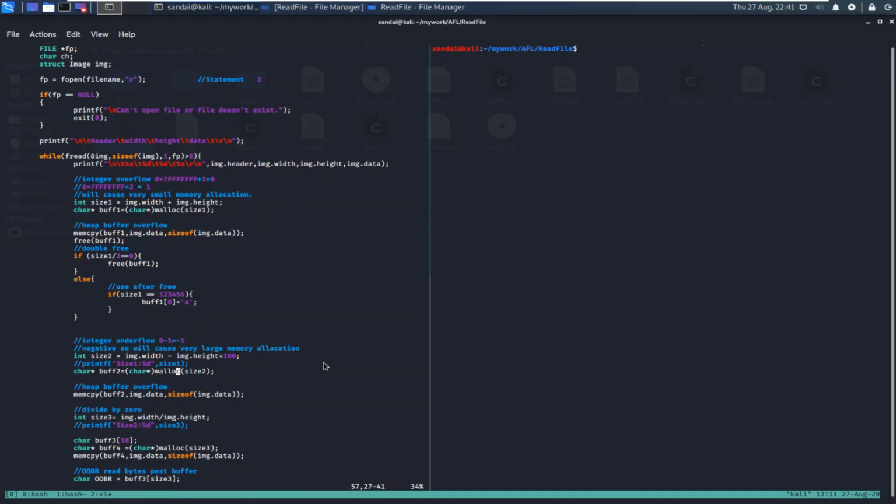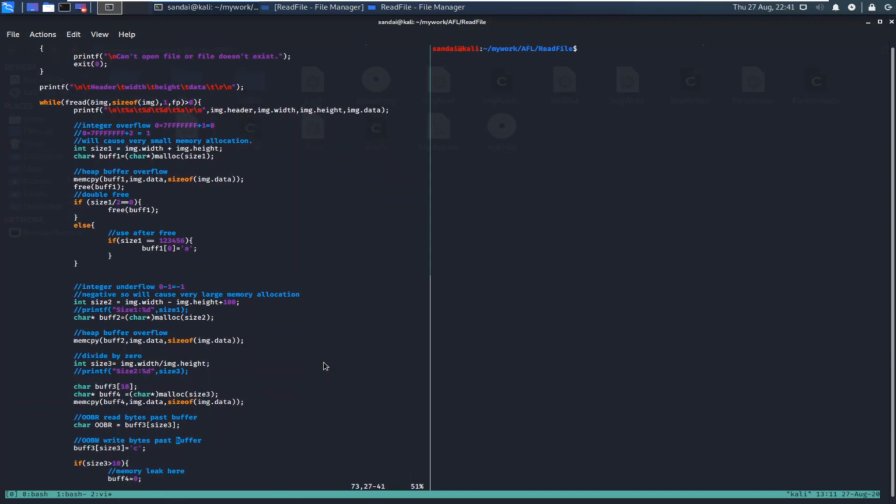So the basic difference between an integer overflow and underflow is that in case of integer overflow, you go to the maximum allowed number, you add some value to that, so that causes the overflow and the value again starts from 1. And in case of integer underflow, you go to the lowest possible value, you subtract something from that, and then it becomes a very large integer value. That is the main difference between integer overflow and underflow, and many people get confused with that. So please keep this in mind.